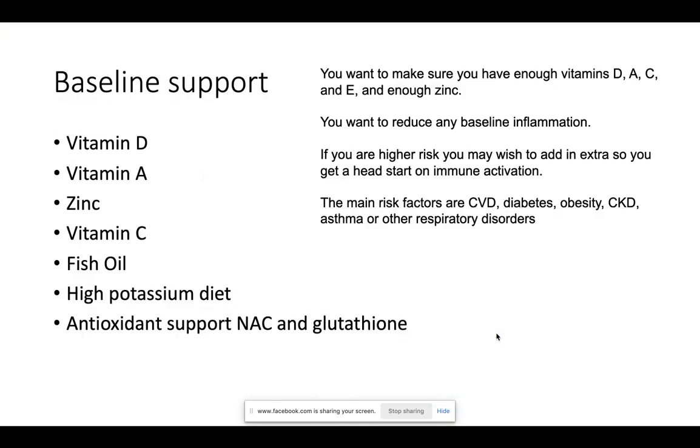So the baseline is you just want to make sure, and this could just be a multi, that you have enough vitamin D, A, C, and E, and enough zinc. Those are baselines. You also want to make sure you're doing everything you can to keep your baseline inflammation down. If you are a higher risk person and you really don't want to get the virus, or you're worried about getting the virus,